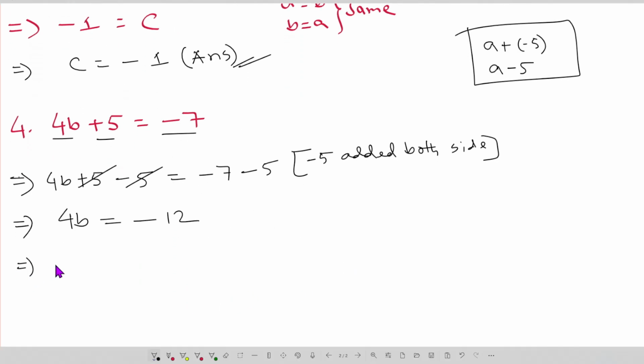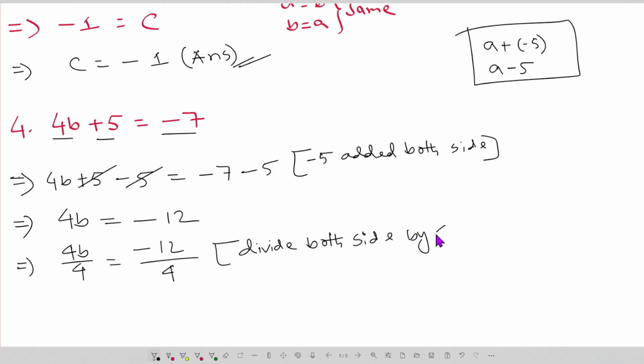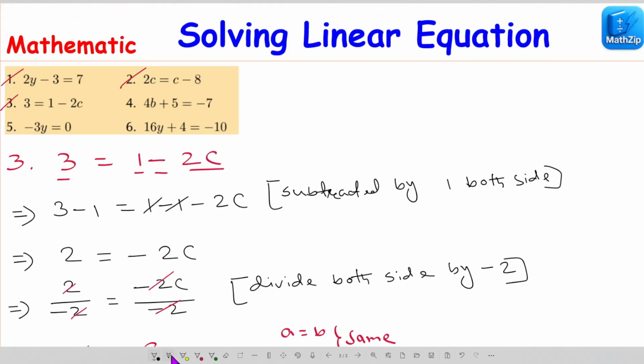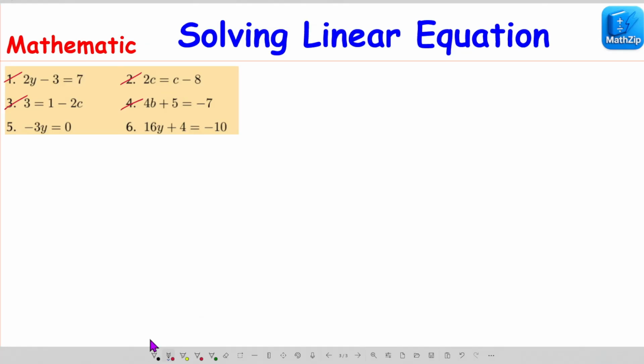Now we will divide both sides by 4. 4b by 4 and here minus 12 by 4. What do I write? Divide both sides by 4. Okay, so here is 4 and 4 out, b equals 12 divided by 4 is 3, so here is minus 3. This is our answer. Okay, so b equals minus 3. Number 4 done. Number 5,